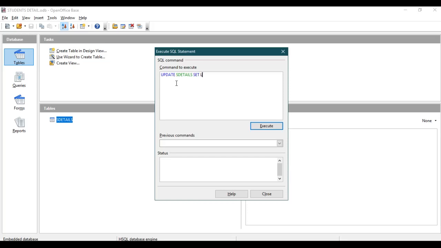I'm going to change location equal to, you have to give this within double quotes, then the value. So I'm going to change this value as location equal to Kolkata. The value should be given in a single quote.